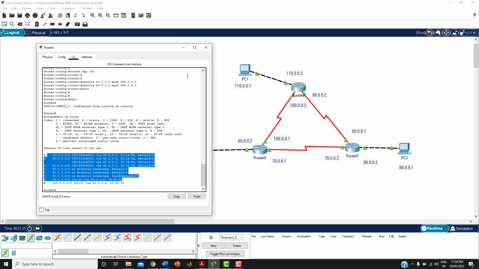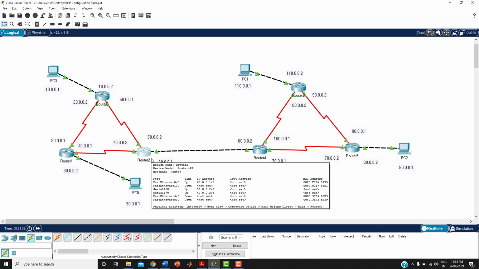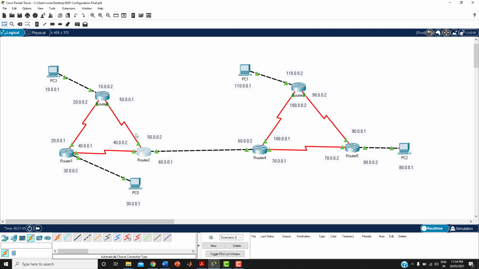So what you have to do is advertise all the remaining networks here. This is what I'm trying to convey. I'm not advertising everything directly, so step by step I'm going. Here we already configured: 60 is directly connected, so I already advertised. 50 is directly connected, I advertised. 40 is directly connected, I advertised. The remaining things I have to do. If I advertise the remaining networks like that, then I can ping from one autonomous system to another autonomous system. I can communicate now.